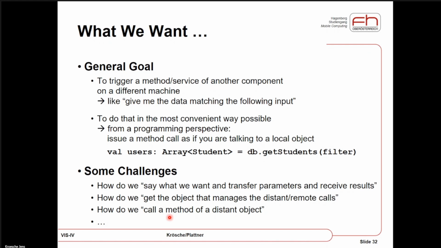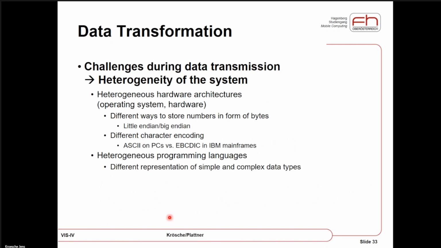So whatever thing is residing on our computer needs to somehow behave as if it was offering some specific methods. And in order to achieve that, in the background again, there needs to be some kind of data transformation. Because we already know when we have a Mac-based system using Swift, and it needs to communicate with a Microsoft system that does something in C++.